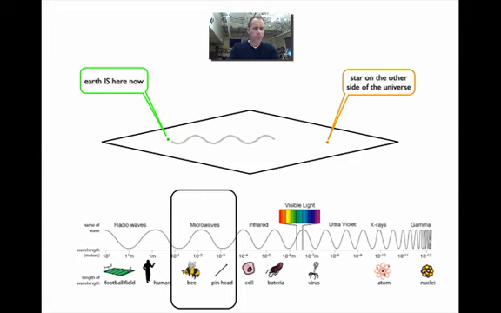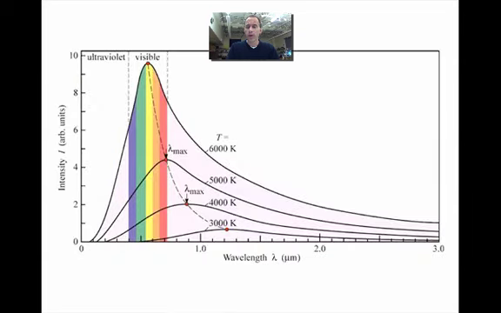And what information could this light give us? Well, it turns out that light always carries with it some information about the thing that made that light. And one of the things it can tell us is the object's temperature. This graph might not be super clear, but what it's supposed to show is that, if you can see where it says 3,000 Kelvin or 4,000 Kelvin or 5,000 Kelvin, as things heat up, the wavelength of light they emit gets smaller and smaller and smaller.